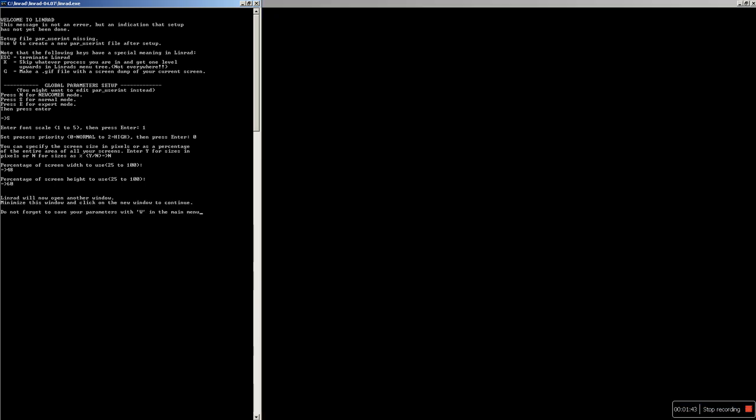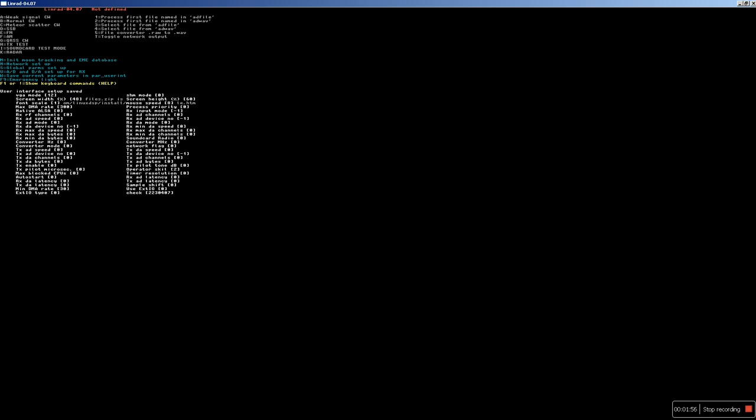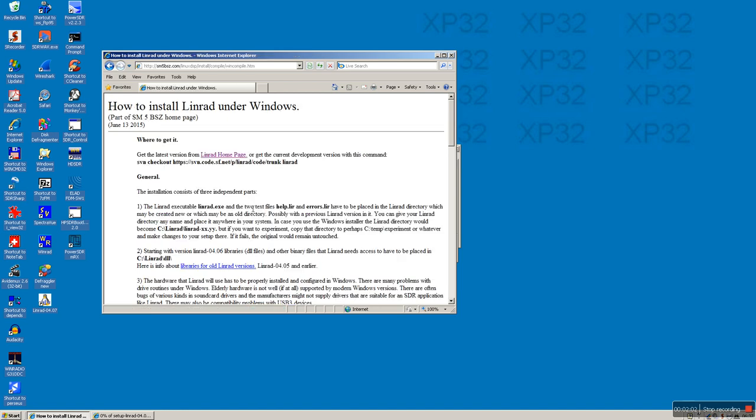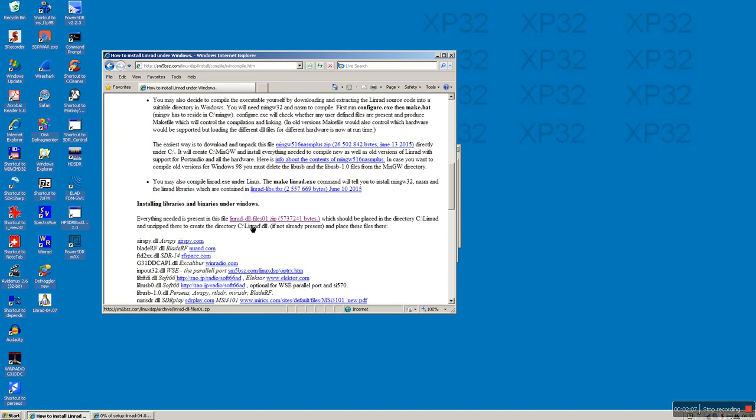And then I have to click the window that opened, and you can see the message cannot open the DLL file. I have not installed the DLL package yet. So I press W to save parameters so far, and then exit, I escape, and go to install Linrad under Windows, and a little bit down here is Linrad DLL files. So I right click on that and save target as